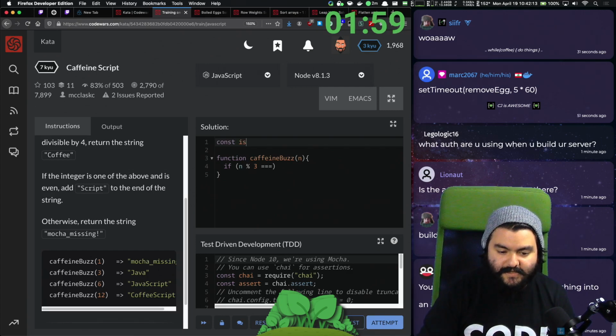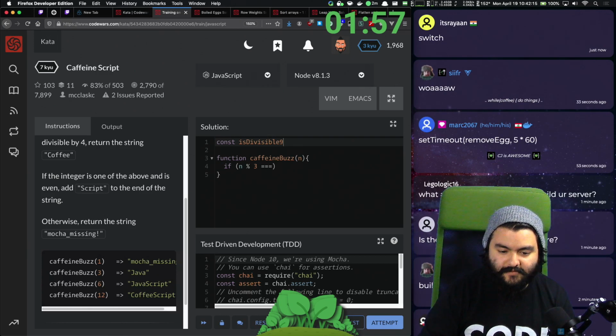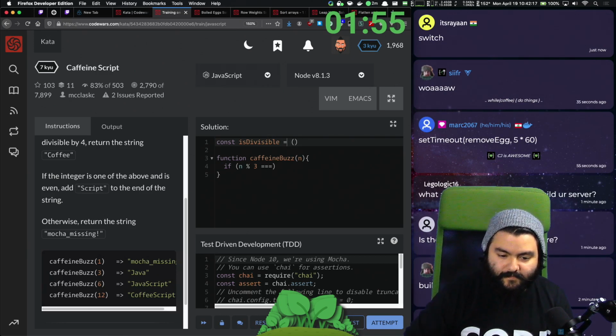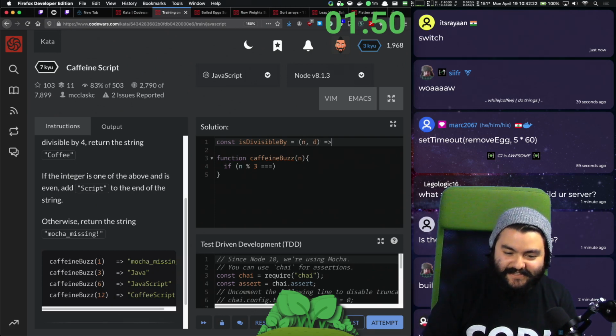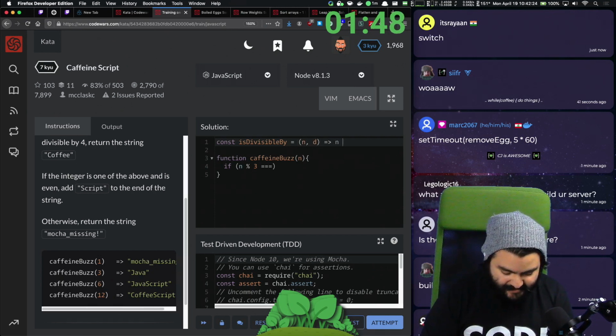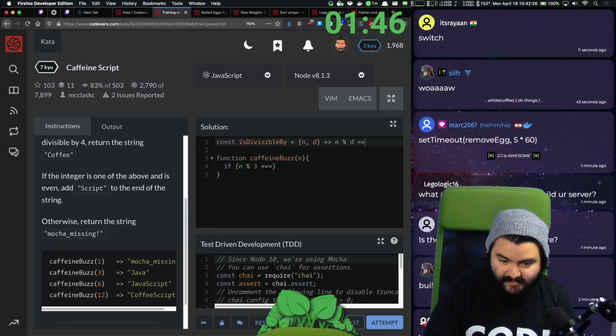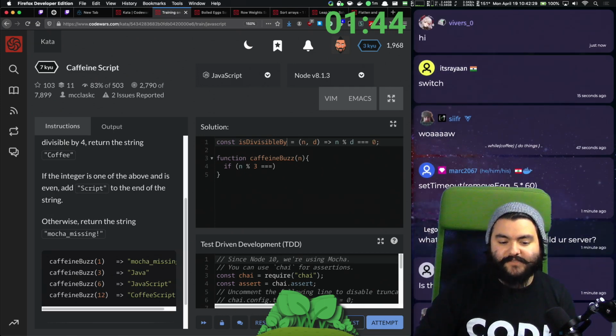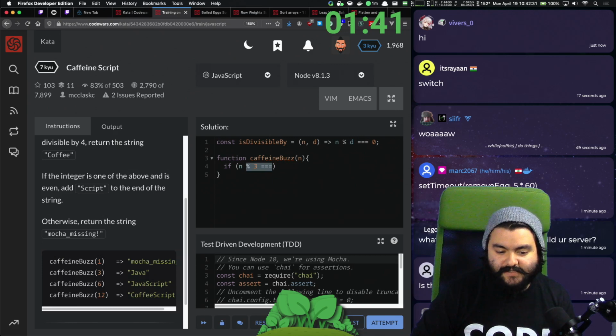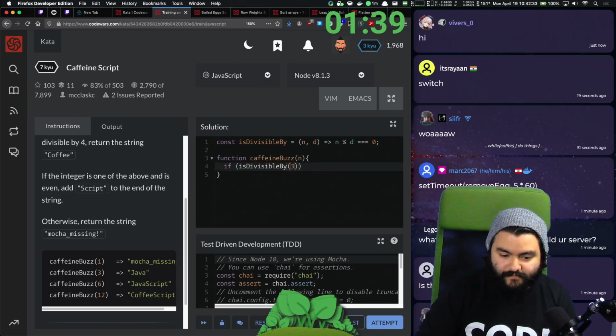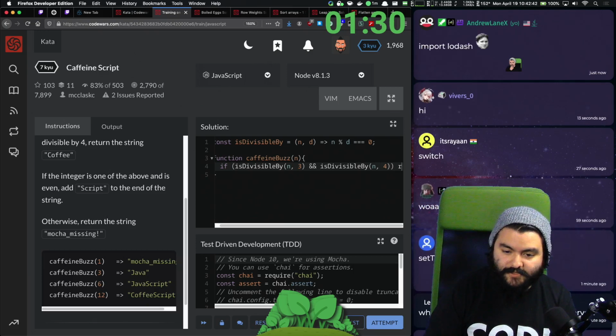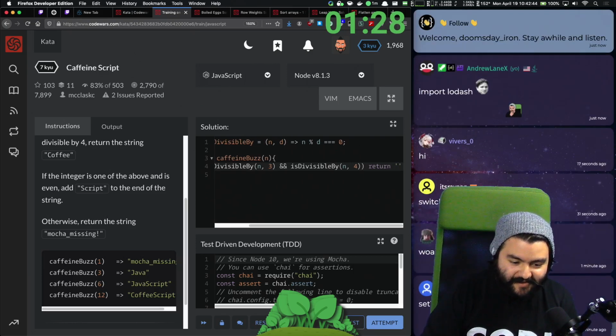Divisible is divisible by. So it takes in the number, and then the thing it's divisible by, and we want to say n mod d is equal to 0. So now that we have this function, we can use it. So if n is divisible by 3, and n is divisible by 4, then we will return